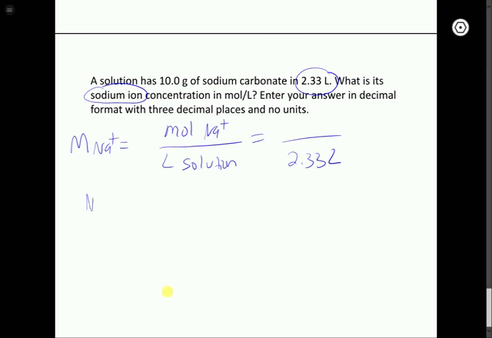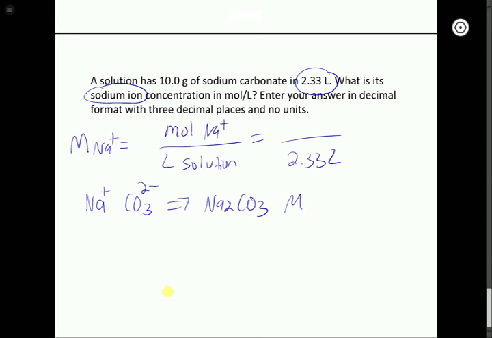Sodium carbonate is Na+ paired with CO3 2-, and we swap the 2 and 3. So the formula for sodium carbonate is Na2CO3,